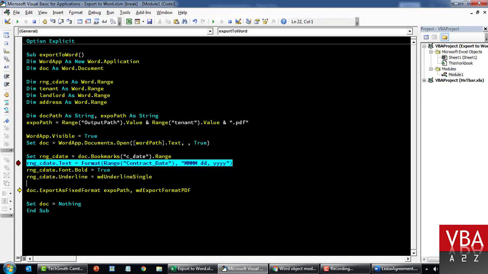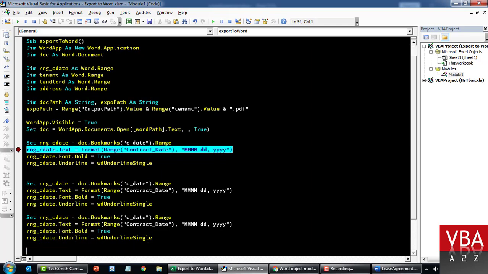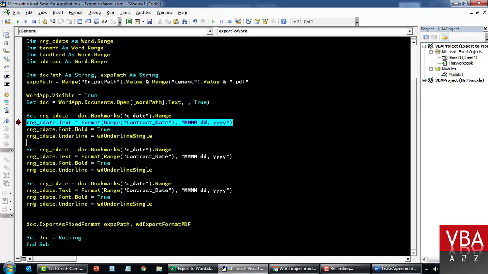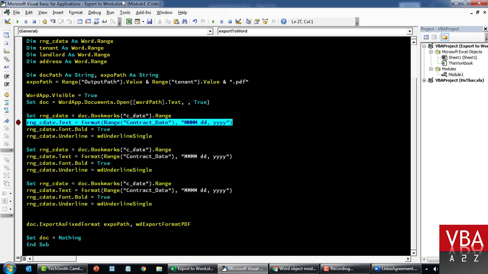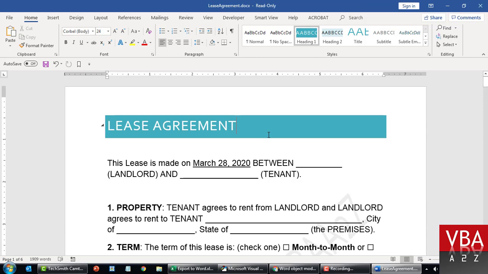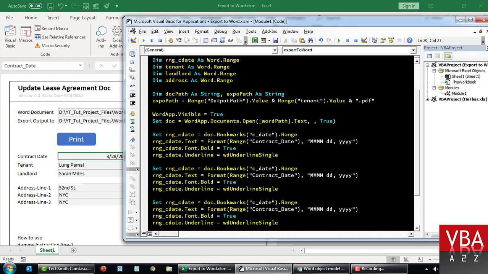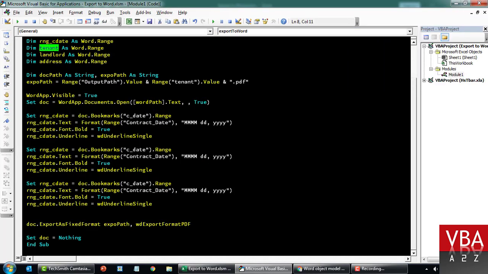Okay, so now that this is working, we'll replicate this block. Again, we can loop through the range and do this automatically by passing this as a function, but for now we're just gonna do it in this way. Now I'm gonna close this, don't save it. So first is the date. We've done for date. Now let's go to the tenant,